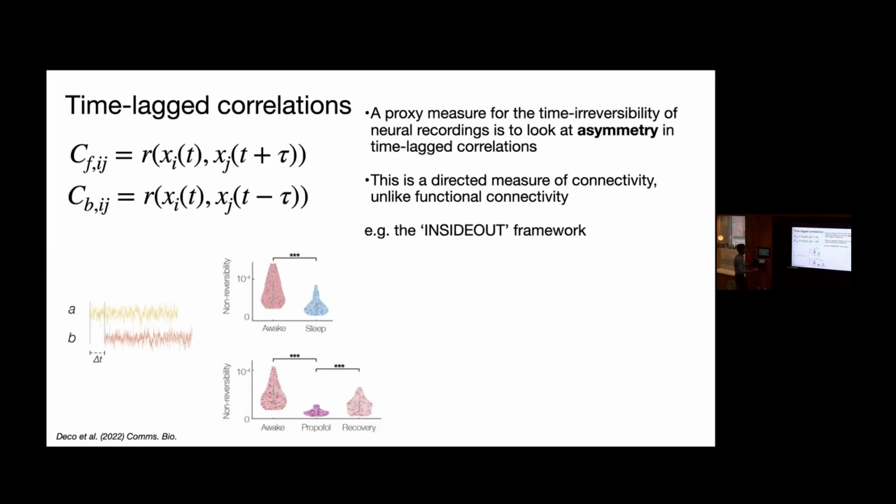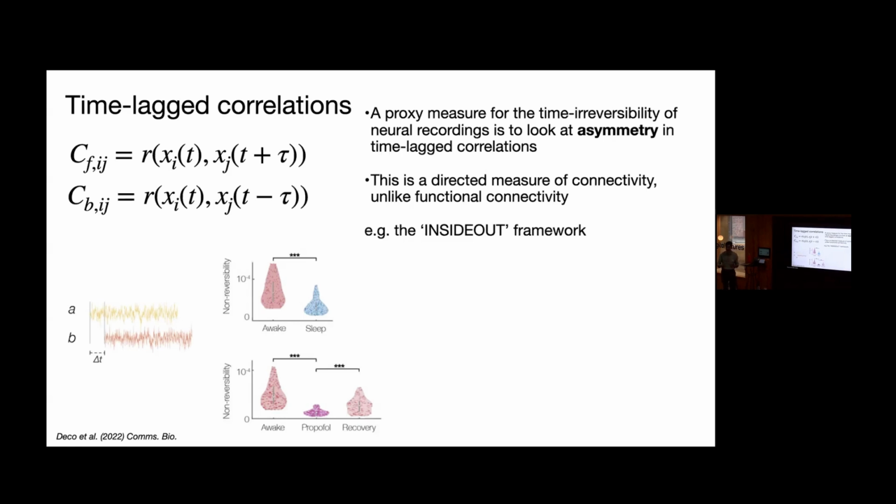And it has a good intuition because it gives you a directed measure of connectivity, unlike functional connectivity. This is one of the reasons we're interested in these kinds of techniques, because often we're making symmetric or equilibrium assumptions without knowing. If you measure functional connectivity, you take the correlations between all of your regions, that's symmetric intrinsically because Pearson's correlation is symmetric. And so you're making an equilibrium assumption without even meaning to. And things like this, to give you directed measures, are quite useful without being too complicated.